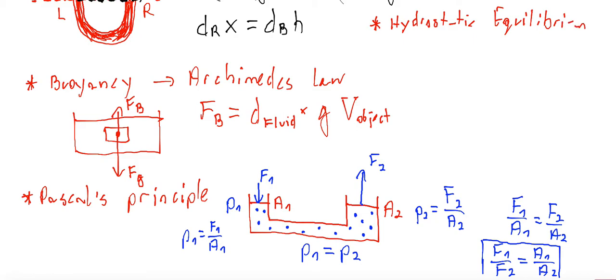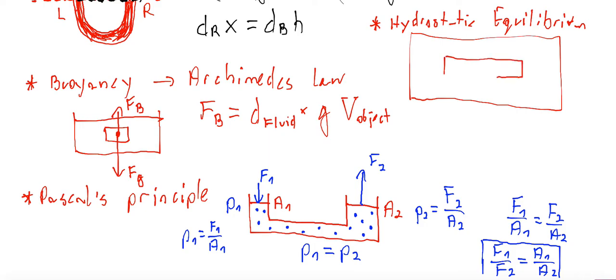Equilibrium. Okay, so let's imagine that you have a fluid. So here you have a fluid. Okay, let's focus on one part, a certain volume of the fluid. If this part of the fluid, this volume of the fluid, is at rest, it means that all forces acting on this part must be balanced. So if this fluid has a weight, gravitational force, and